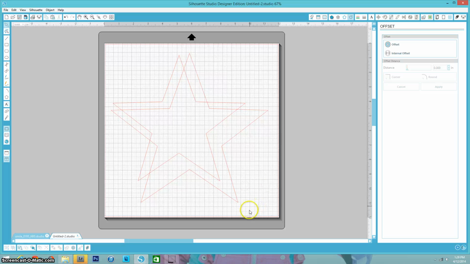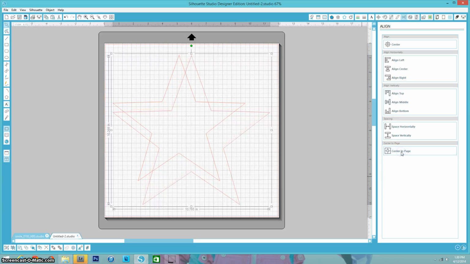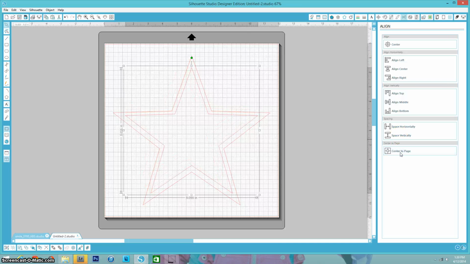Okay, now to make this center to your page, you are going to pick the, I always forget which one it is, align window. Okay, so select your shape and click center to page, and then click your next one and center to page. So now that they are together,